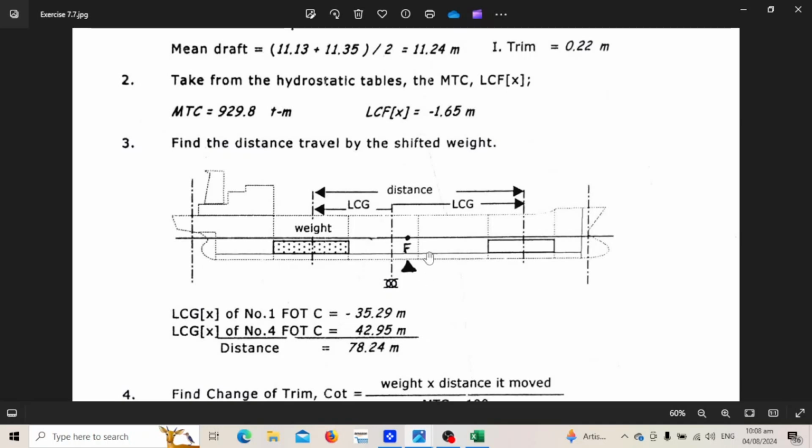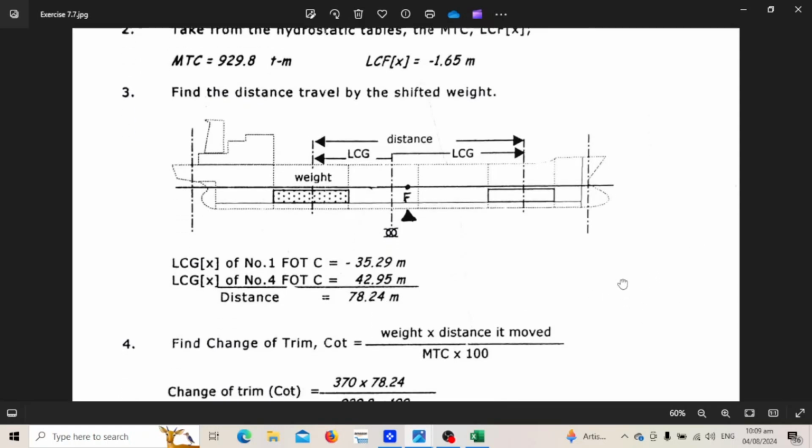Because this only tells you that he is the forward part of the vessel, and being positive, he is on the up part of the vessel. So there's no way we design. You just add this one, because the distance from FOT number 1 to the center tank, you have the distance here plus your distance from the center of the tank of number 4. So you add this all together, then you will have 17.24. Okay, that is your distance.